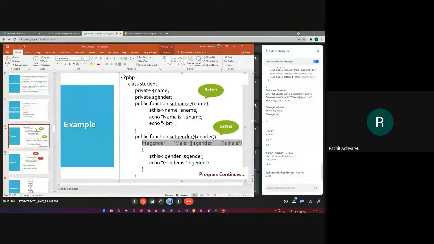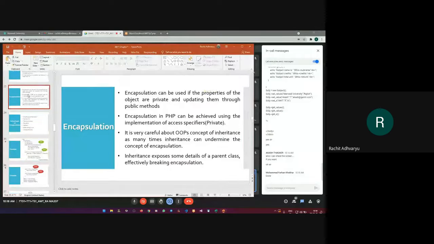So, this is the example that we have seen, and the next topic is encapsulation. Guys, what do you mean by encapsulation? Anyone, anything that you know? Ultimately, encapsulation is bundling or making a group of components into one single bundle.